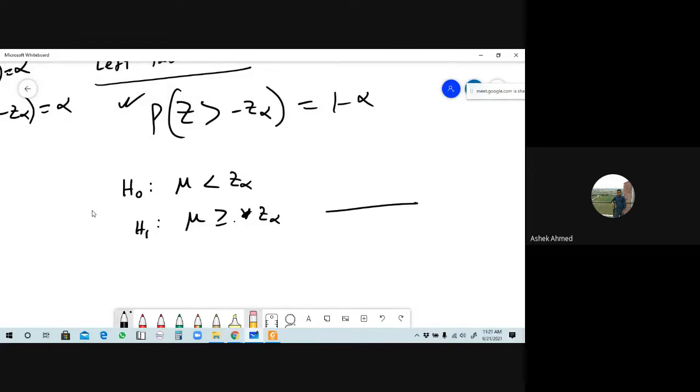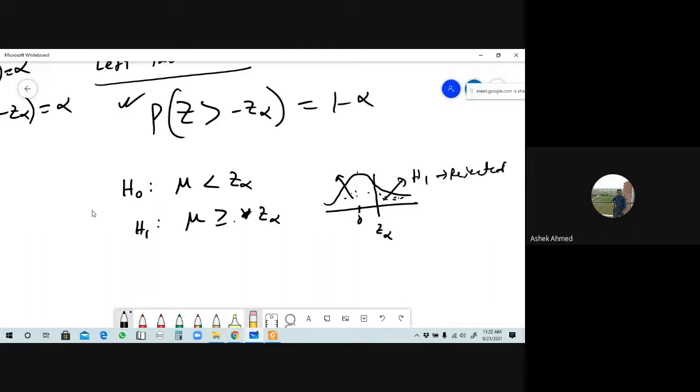Okay, in that case we can sketch the graph of the normal distribution. From here we can say that the coefficient of z alpha is positive, which means it lies on the right side of 0, since this is the zero point, the peak. So that will be z suffix alpha, is it right? In this region H1 is true, and this is the accepted region and this is the rejected region.